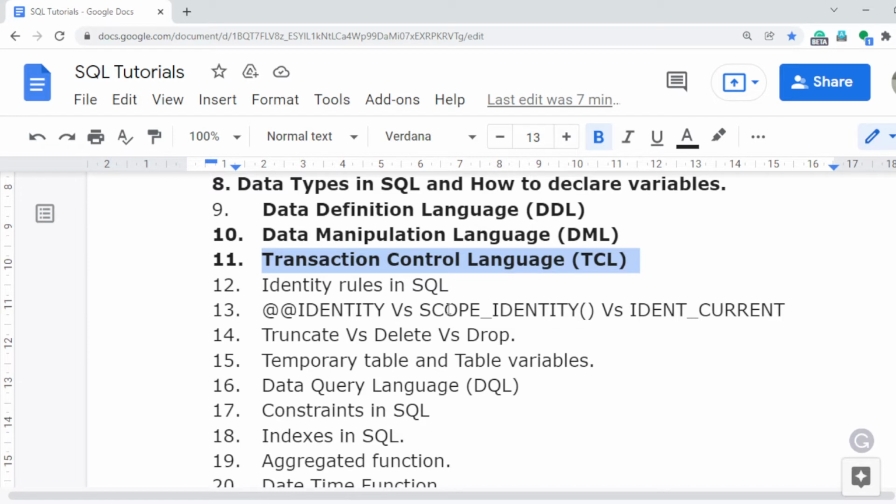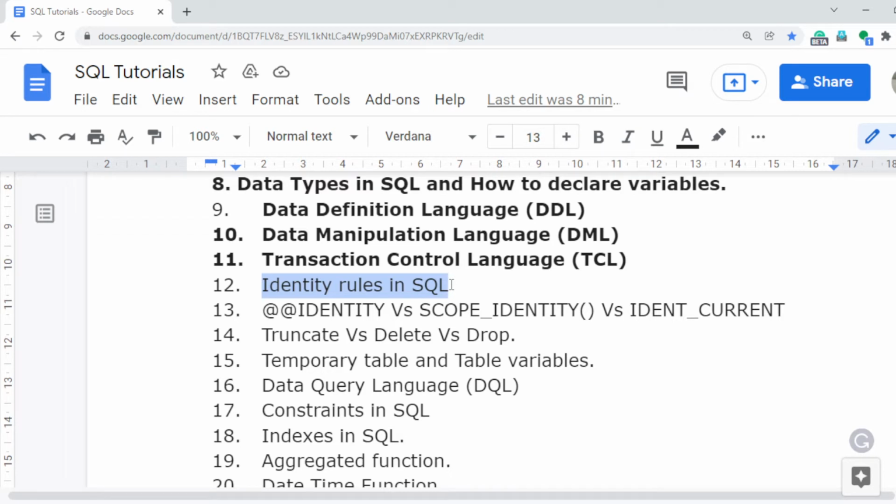So that was video number 11. If you did not get the chance, first you can watch the complete tutorial of video number 11. In this video series I will discuss the 12th video, that is the identity rules in SQL, how you can implement the identity rules and exactly what is the identity rule. I will discuss each and everything in this video related to the identity rules.